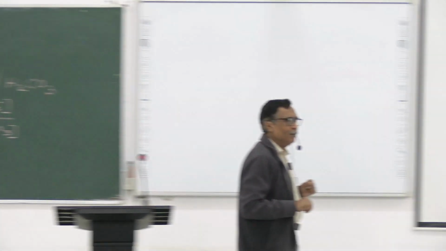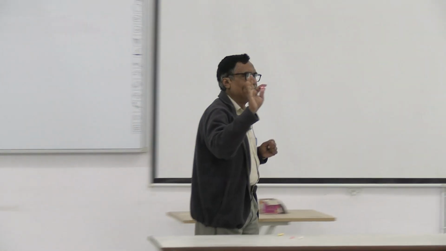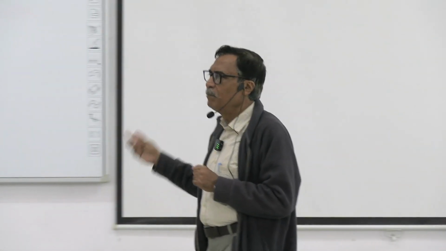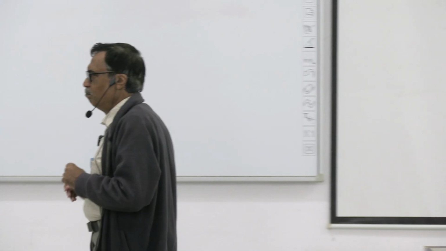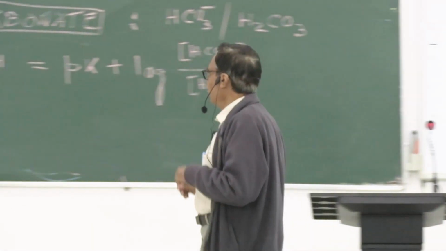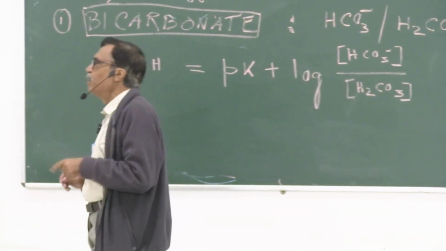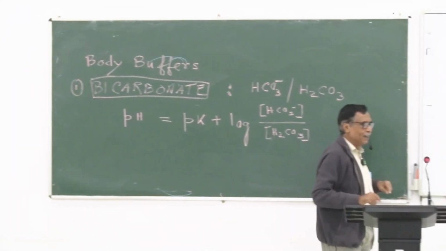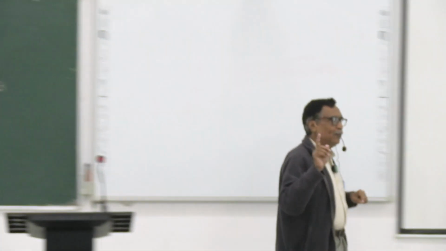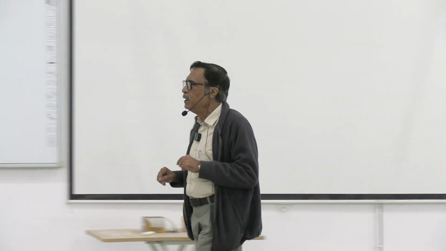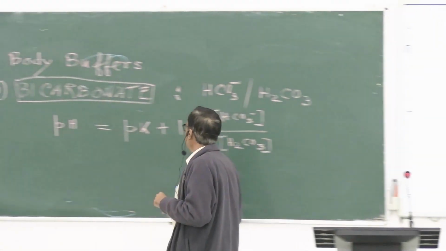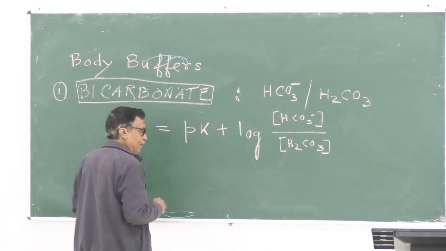we will derive 4 types of disturbances. I have already mentioned and I will describe in my next class. The 4 types of acid-base disturbance are solely dependent on this equation. Remember, next class I will describe the 4 types of acid-base disturbance which is mainly dependent on this equation, and I will describe this equation